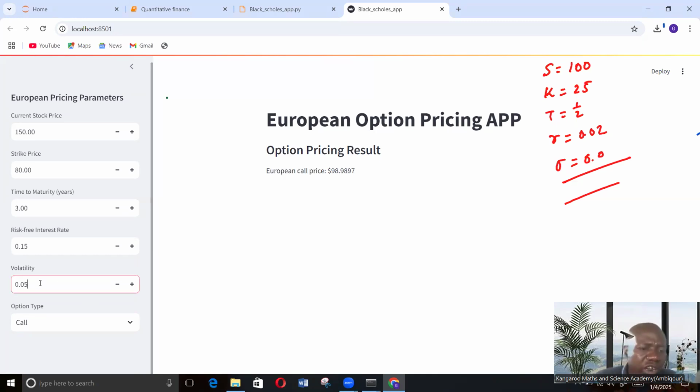But how about if we increase the volatility? Let's say the volatility is around 0.09. Let's increase the volatility only. You see that by increasing the volatility, the amount is not changing. But how about if we just say 0.10? Just an example. For 0.10, you see that the value is actually not changing. Then how about the interest rate? 0.20. You see that the risk-free rate actually increases the